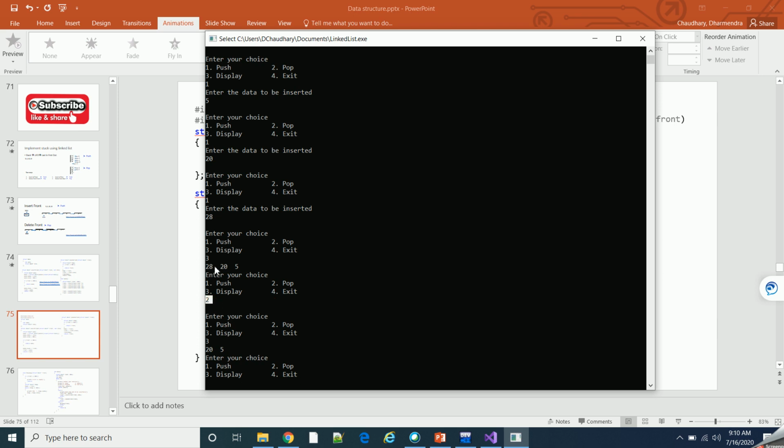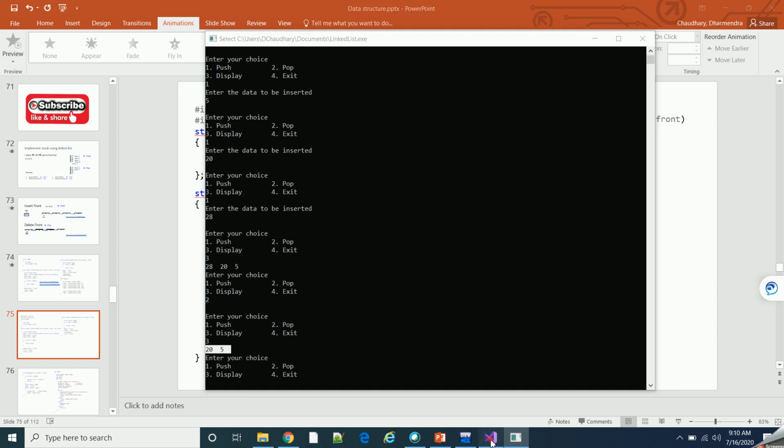If you see, this 28 was added at the last, but while deleting it, it got deleted first. So we are able to implement this last-in-first-out behavior with the help of a linked list.